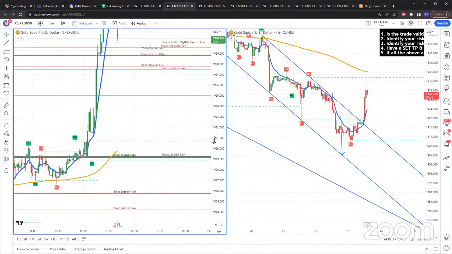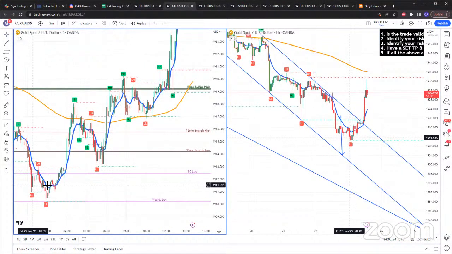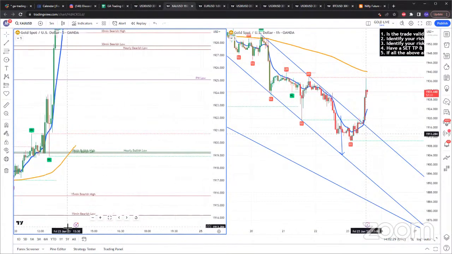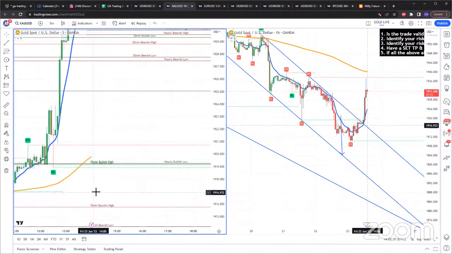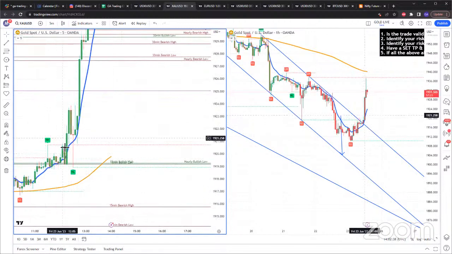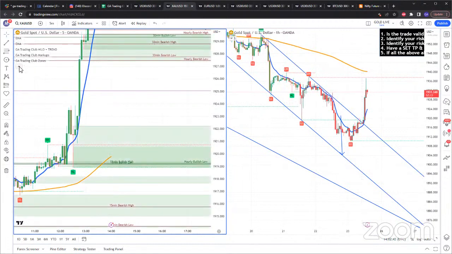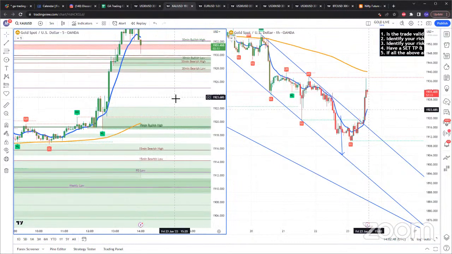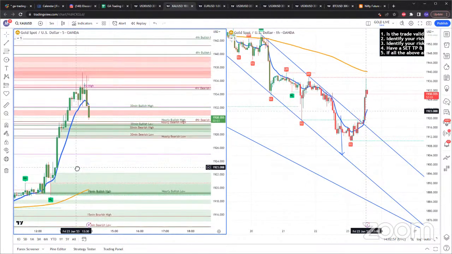Look at where gold spiked up from. So the reason I kept holding this gold buy: I bought gold at 1914 based on the reversal indicator. I rode this whole move to the upside. And this is the importance of knowing what order blocks are and how price affects them. When price was here, of course, I'm expecting some consolidation. And if I turned on the zones, we had pretty much a lot of buyers just down here on gold. You can see around the hourly bullish low, price literally rejected from the hourly bullish low, went back up, and then pushed all the way back to the top.